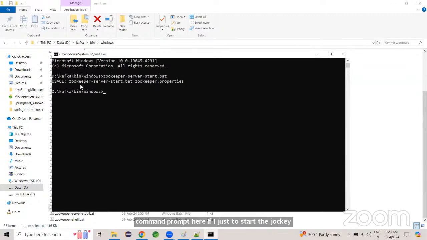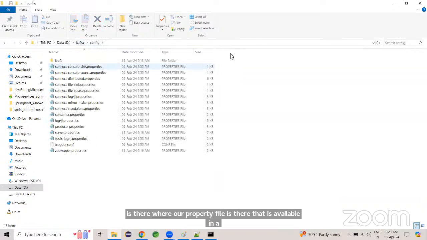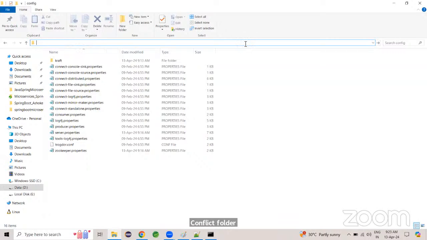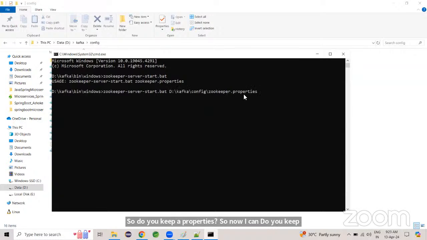you need to give, see, it is giving the usage of server.bat. You need to give where your property file is. Our property file is available in the config folder. So Zookeeper properties. Now I can give Zookeeper server.bat space. So this is where my